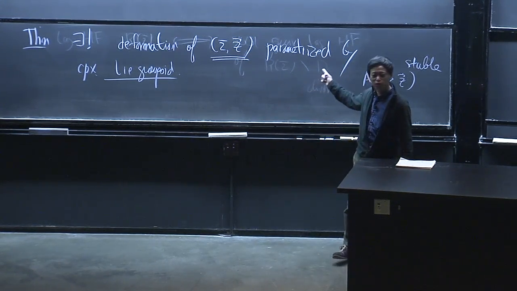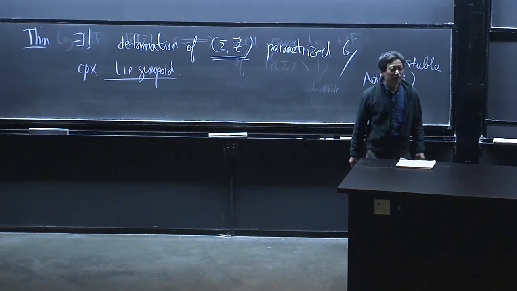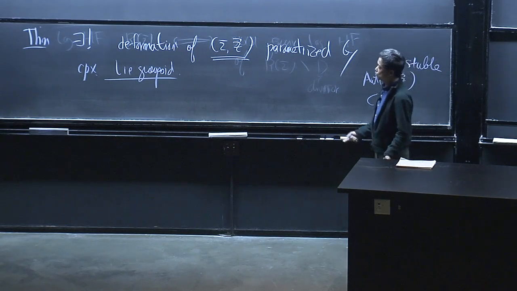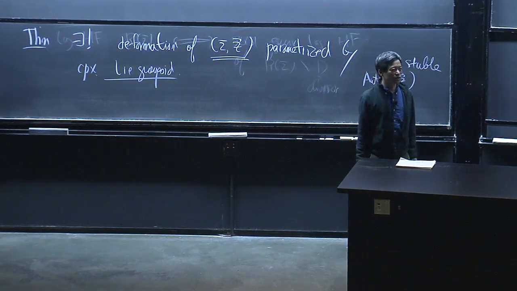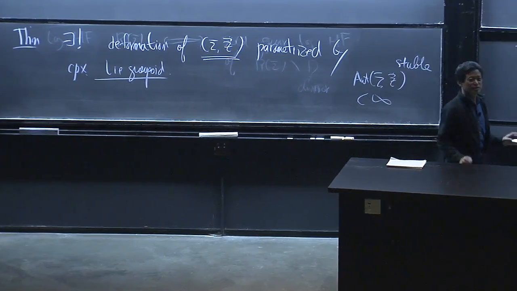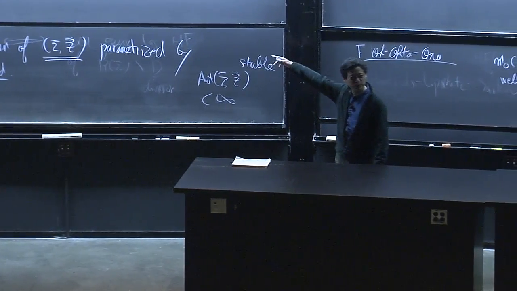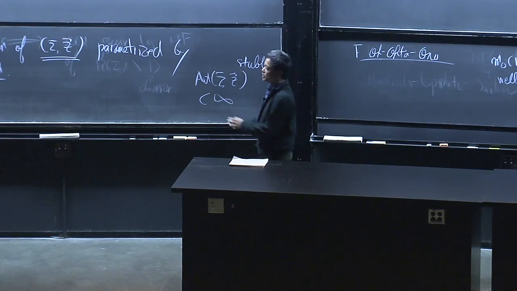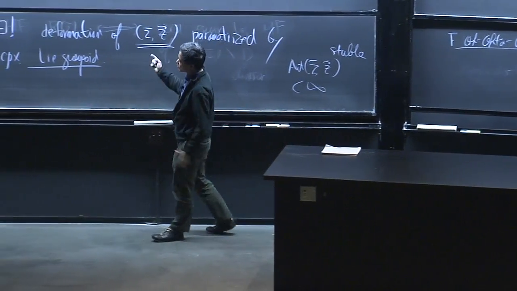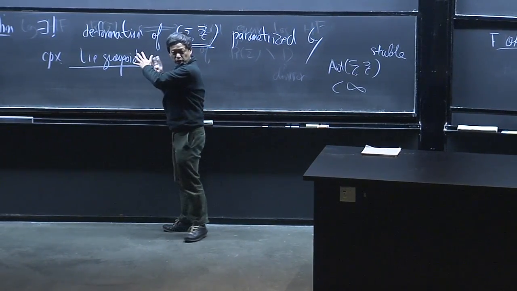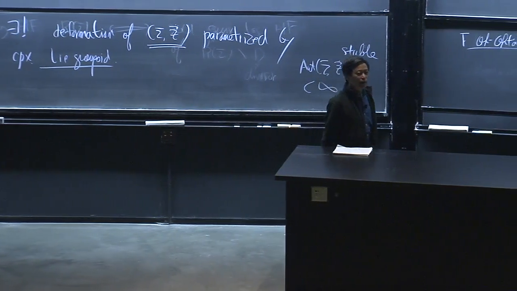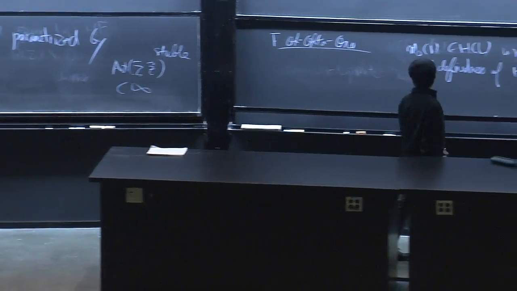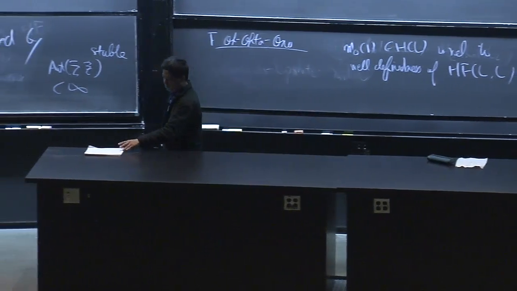So I thought that this theorem is known, and I tried to find a reference for people who do this kind of thing using regroupoid. So far, I don't know the reference, so probably this is new in that sense. If you know some reference, please let me know. I don't believe this is very new in that sense, but it's a kind of rewriting, in differential geometric language, of what algebraic geometry people are doing. So now this is a theorem.